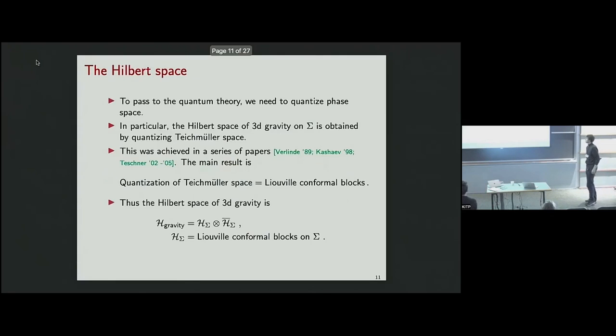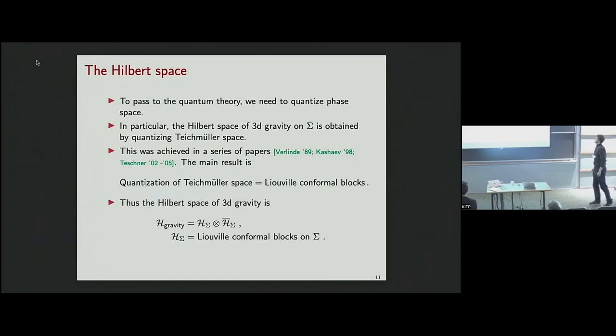Okay, so now we know what the classical story is, and we need to pass to the Hilbert space. And what do we need to do? We need to quantize our phase space to get to our quantum theory. In particular, the Hilbert space of 3D gravity is essentially just obtained by quantizing 2 copies of Teichmueller space. And this was already done in the literature, again started with the work of Verlinde and Kashaev and